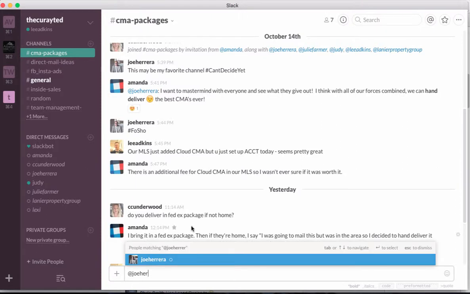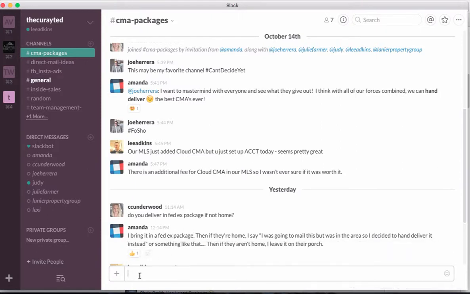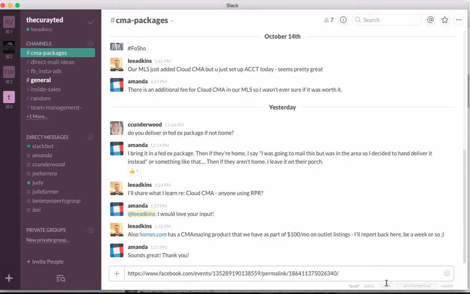It's definitely super cool. Actually, one more thing that you can do is you can post links here. And so those will show up, and I'm not going to post this one, but similar to Facebook, when you post this link, it's usually going to show a preview. And in that preview, there's a little X out to the right-hand side. So if you don't want that preview, or if it's really big, you can just click on the X and the preview will go away, but the link itself will stay there. So let's hop over to